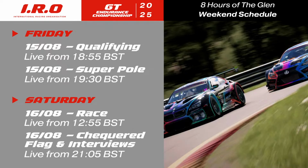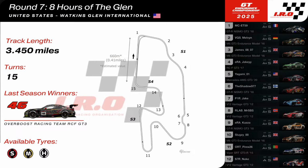So yeah, today it's qualifying day. As always, we have two separate sessions. Qualifying and then the Super Pole. Top 7 drivers will get into the Super Pole session later on. So, the usual setup. Let's have a quick look at our